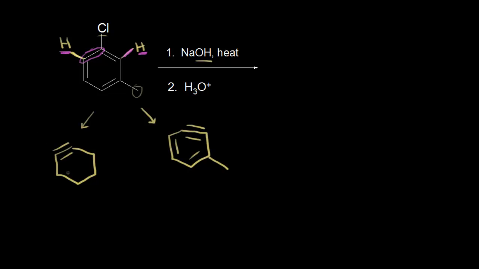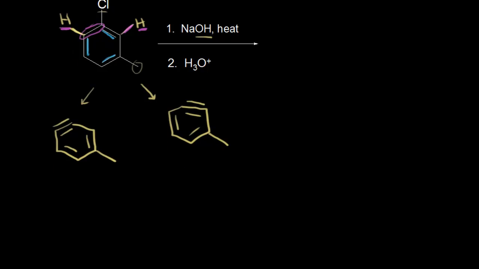like that. Now notice I'm showing a different resonance form of the pi electrons in the ring, but we know that that's okay. I just happened to start out with my pi electrons in my benzene ring like this, but I could have just as easily started out the opposite way. So what I drew here is not incorrect. It's just a different way of showing it, and it's necessary for us to show the benzyne intermediate this way. And so now we have two benzyne intermediates, and in the next step, hydroxide would function as a nucleophile,